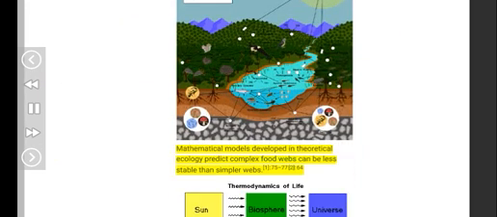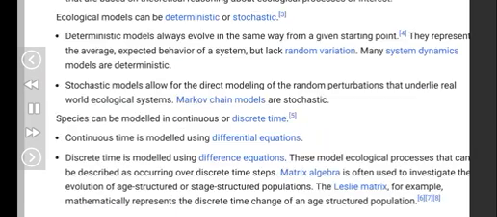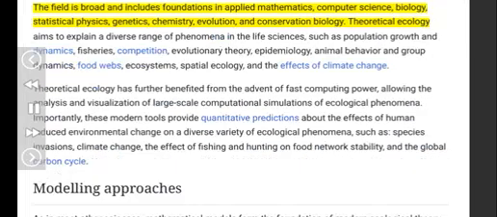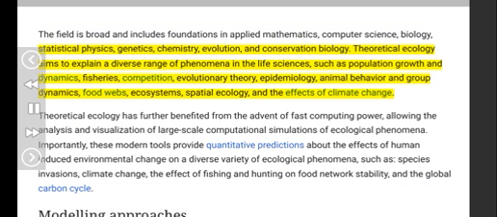Mathematical models developed in theoretical ecology predict complex food webs can be less stable than simpler webs. Life on Earth, flow of energy and entropy. The field is broad and includes foundations in applied mathematics, computer science, biology, statistical physics, genetics, chemistry, evolution, and conservation biology. Theoretical ecology aims to explain a diverse range of phenomena in the life sciences, such as population growth and